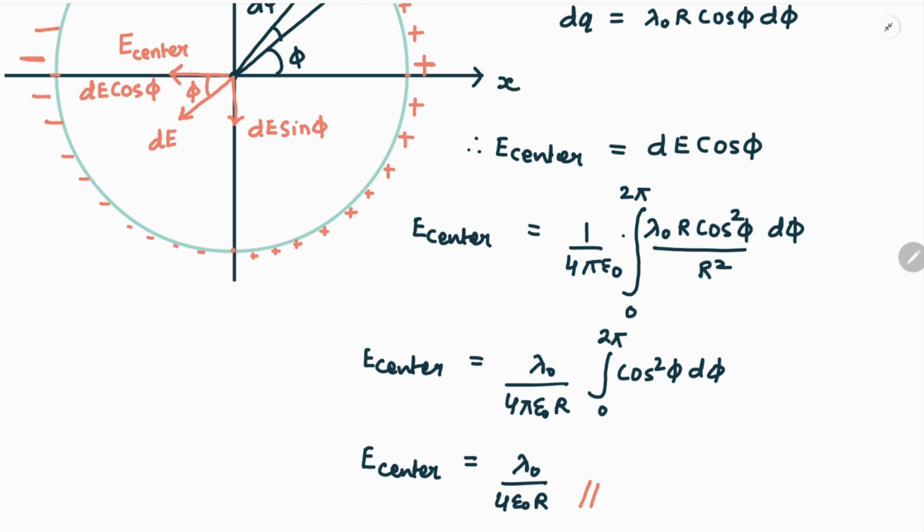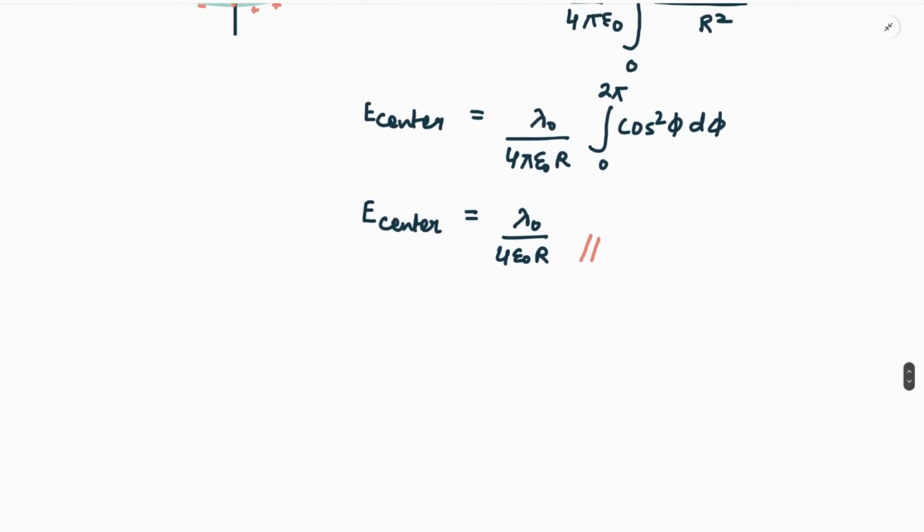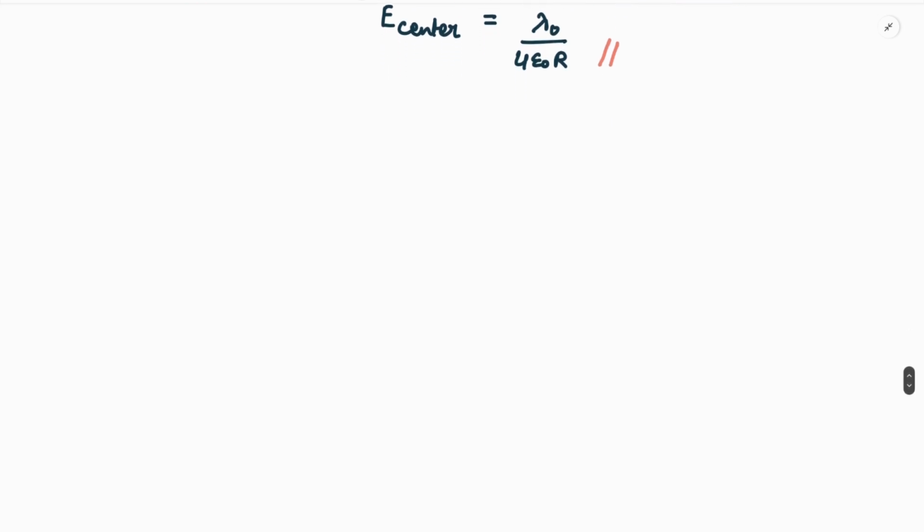Now in the second part, the problem is asking us to calculate the electric field on the axis of the ring as a function of the distance x from the center. To understand this part, I am again drawing the orientation of the charge, which I explained earlier also, that we have a ring of charge, and this ring of charge is having charge distributed such that